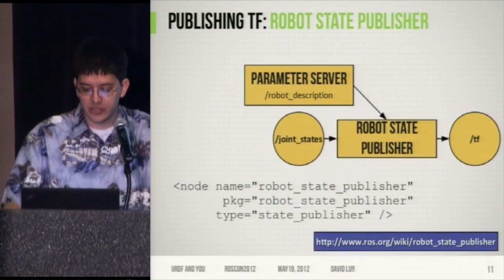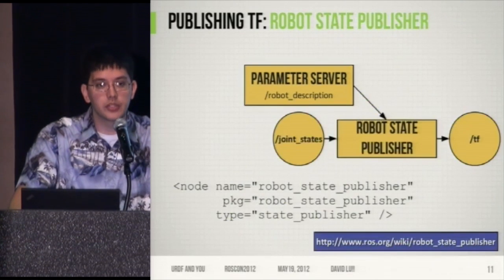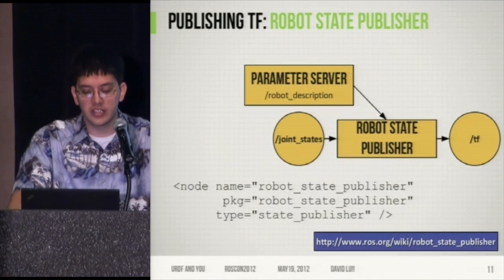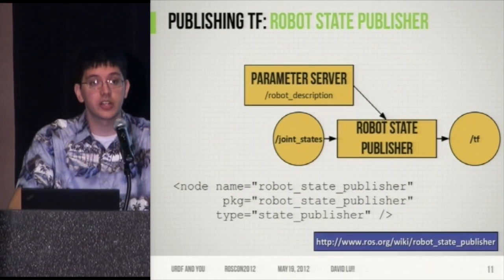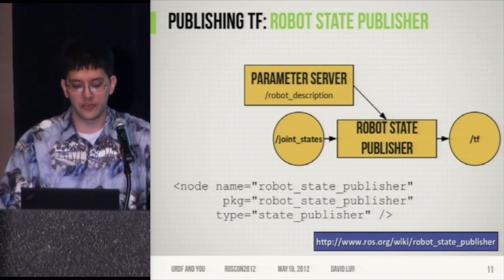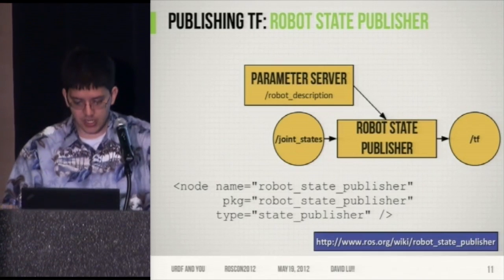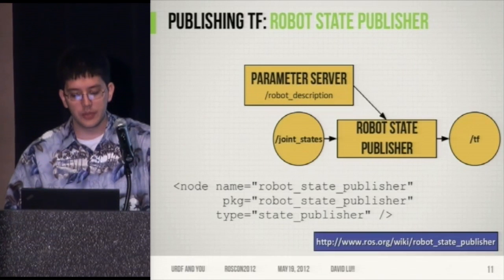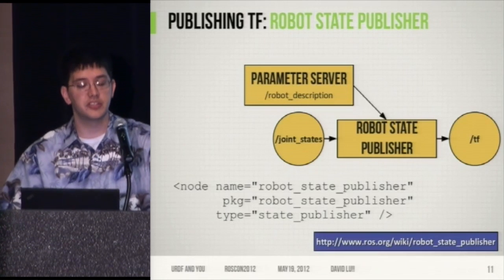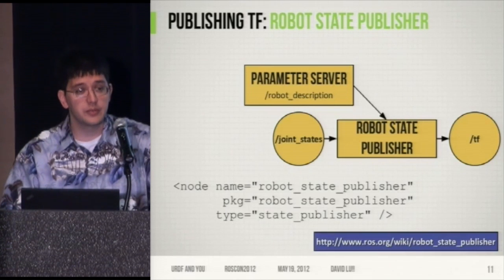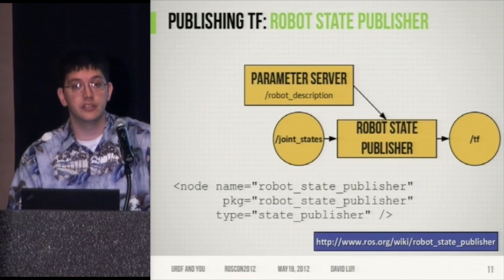The next step is to run the robot state publisher. What this does is it takes in joint state messages, and for each one of those, it will output a set of transforms. You can find more info on this at the wiki page. It's important to note here, though, that the robot state publisher will not output the transforms unless you provide it with joint state messages. The joint state messages can be provided by the driver that is running the actual hardware of your robot,